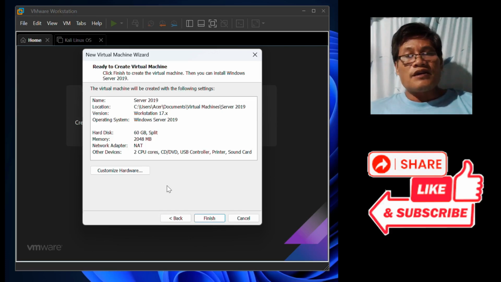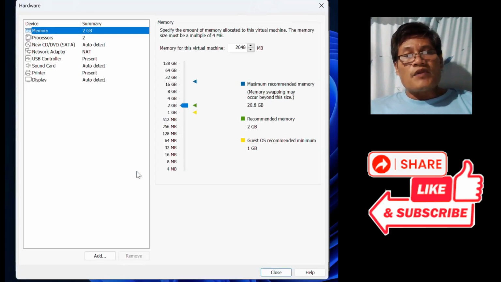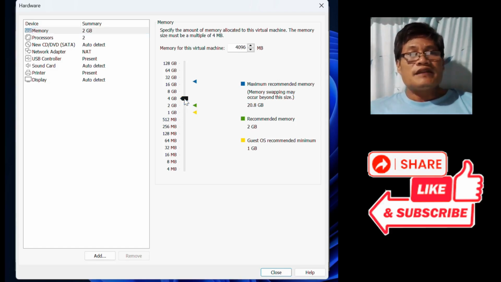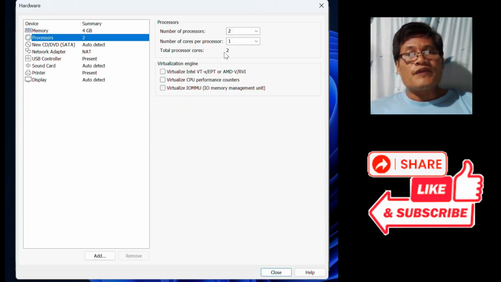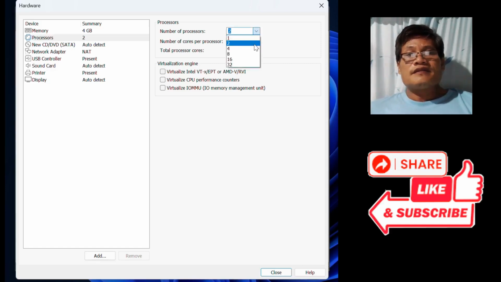And then from here, before we click finish, we have to customize the hardware. So click on the button, and then in memory we will set this to 4 gig. The higher the memory, the better. Then for processor, we can set it up by 2. For faster performance, the minimum requirement is 2, but I will make this 4.